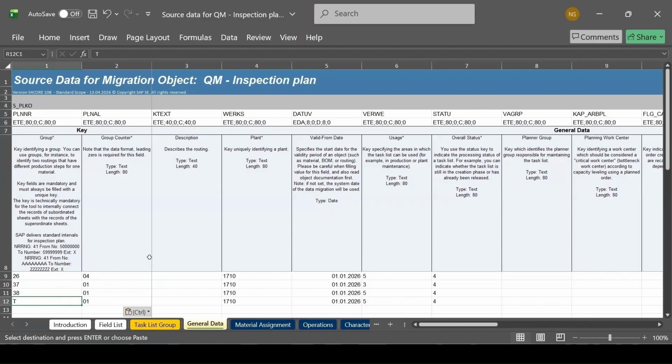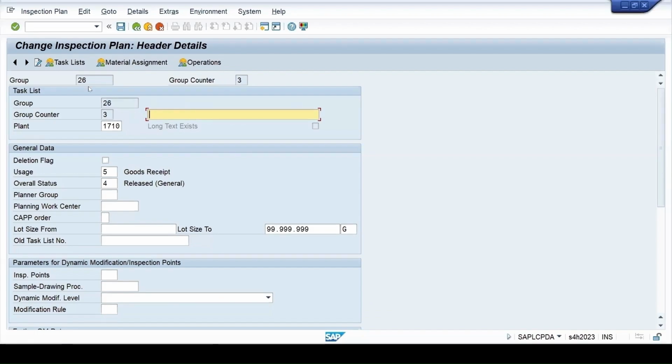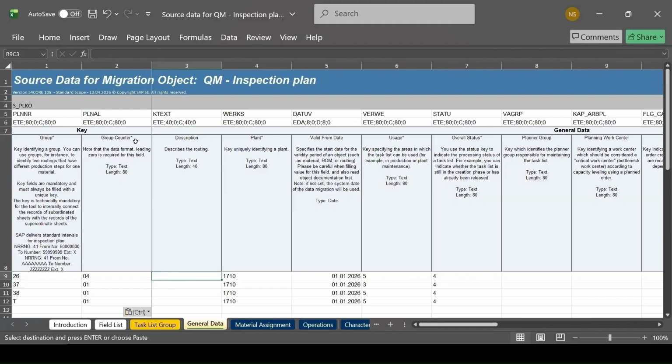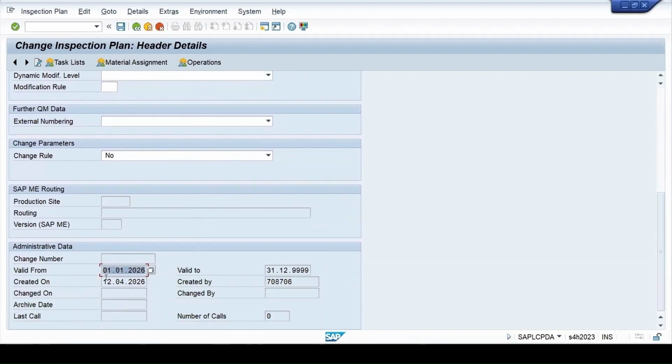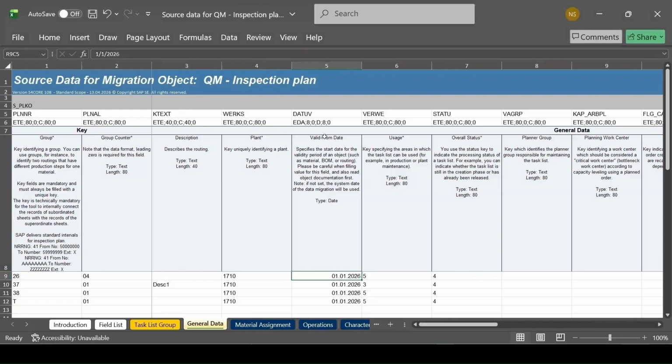Description, whatever you want to maintain here. Normally when we create an inspection plan, here you can enter the description. But since it is an optional field, I can skip also. Let me enter, say, description. Then you will be maintaining the plan for the inspection plan. And this is the valid from date for the inspection plan. Here in the header level, we also get the valid from date. Okay, so the same information you will be maintaining here in the sheet, that what will be the valid from date